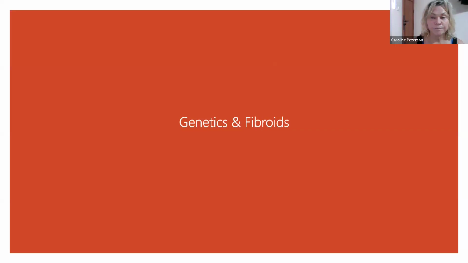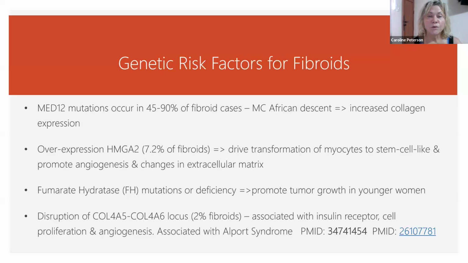Genetics and fibroids. The most common genetic mutation related to fibroids is the MED12 mutation that occurs in up to 90%. And so what this tells us, again, 45 to 90% is not a good range. So it's telling us the studies were not big enough, we needed meta-analysis, or that there's too much variance within